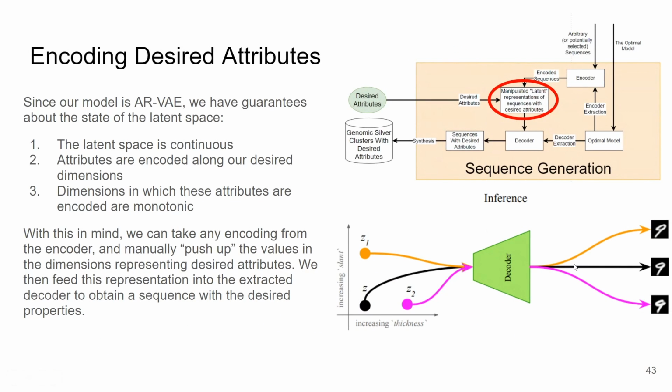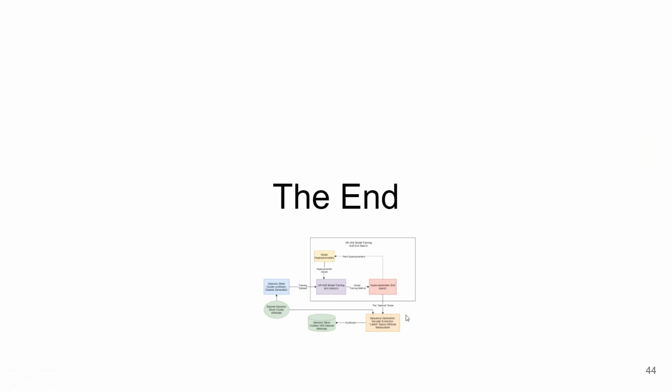So, essentially, since the model is AR-VAE, we have guarantees about the latent space. It's continuous, the attributes are encoded along our desired dimensions, and the dimensions that we've encoded these in are monotonic. So again, with this in mind, we can manually push up or manipulate the values in the dimensions to get to our desired attributes, right? So that is basically everything. That's the